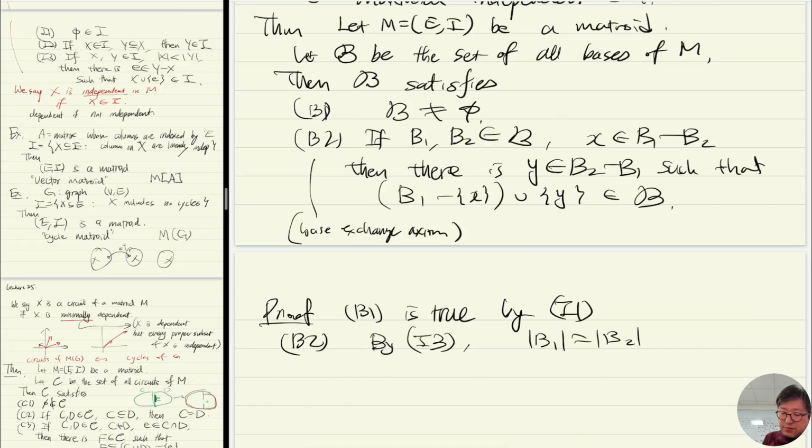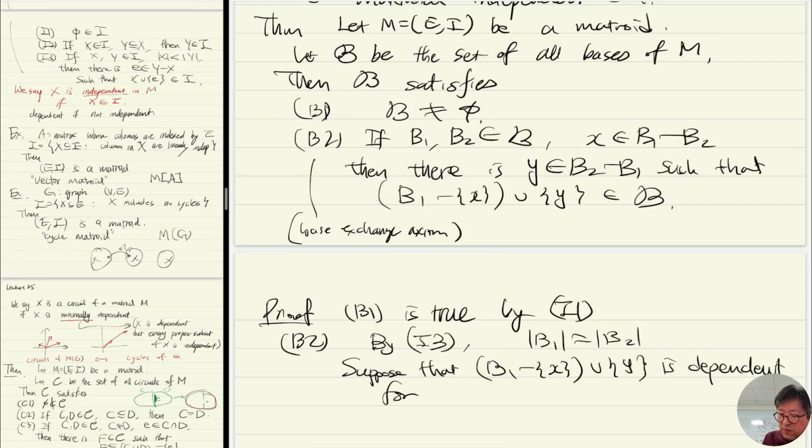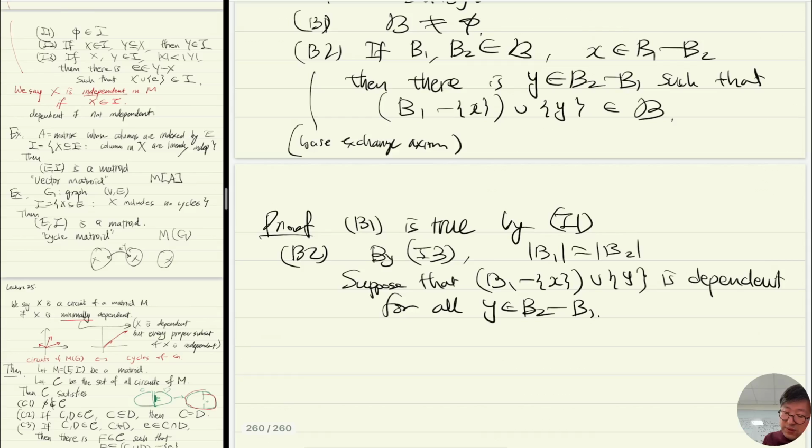Now, suppose that B1 minus X union Y is dependent for all Y in B2 minus B1. What does that mean? Let X be in B1 minus B2. If that's dependent,